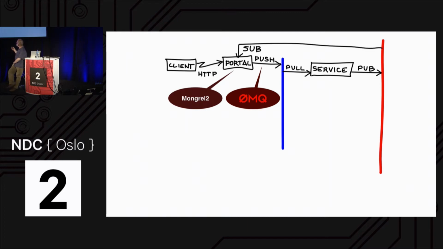The way you configure Mongrel is with a simple table that just maps URLs to IP addresses. It says when something comes in at this URL, take all the post data and stick it inside of a 0MQ message, and then send it off to a queue on this IP address. And then it gets a response back, interestingly enough, using pub sub. So it pushes and pulls here, and then it publishes and subscribes to get the result back. I'll talk about why in a second.